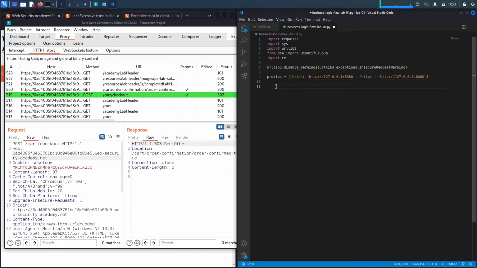All right, next we're going to create our main method. So we're going to say if __name__ is equal to __main__: